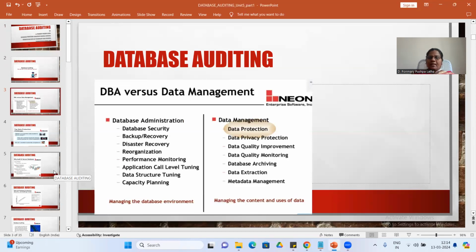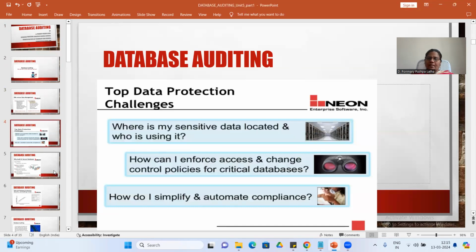But data management is about whatever data you are inserting, you should protect it, the privacy of the data. So how to improve the quality of the data, database archiving, data extraction, and metadata management, data about the data, how you are managing the data. All these things data management deals with.